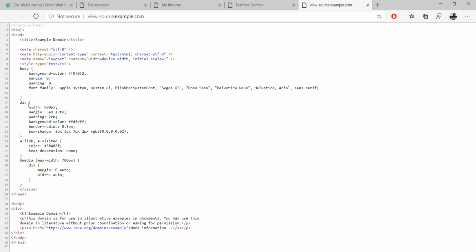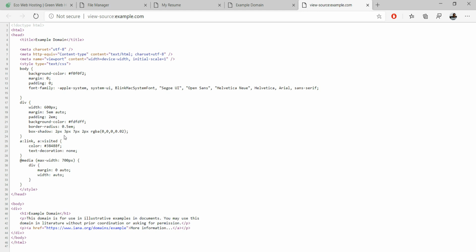In the same way we have created the style for the div element. For the div we need a width of 600px, margin 5em auto, padding 2em, and a background color equal to this much. This is the hex scheme for color combination that we will also learn in the coming lectures. Then border radius of 0.5em, and box shadow values with an RGBA color.